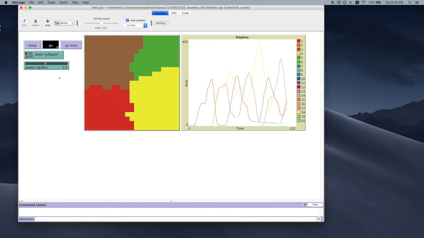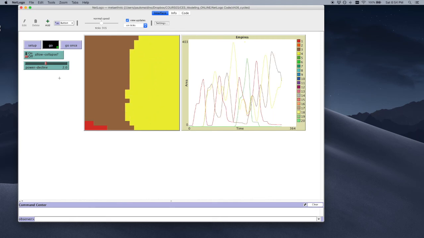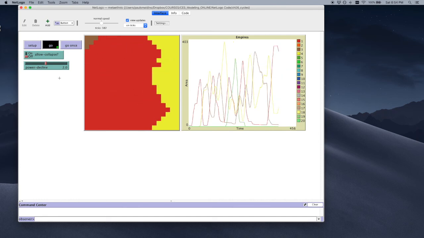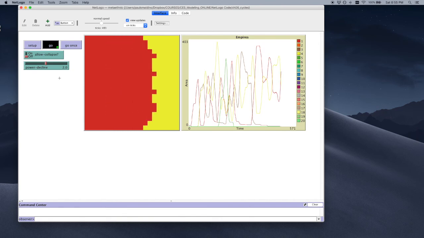And so what happens? Well, we definitely still see cycles, the rising and falling of empires in terms of size. But it's often the same few empires just competing over and over again, growing and shrinking, growing and shrinking. Very few new empires are emerging. So this indicates that if the other assumptions of the model can be considered valid, the collapse of large empires due to non-military factors is probably essential in understanding historical dynamics. And again, I encourage you to play around with this as much as you like. It's a pretty cool model, and it's got a lot to explore.